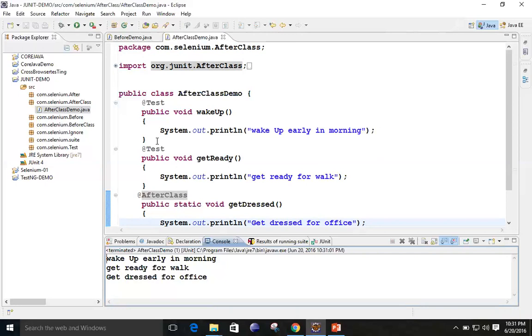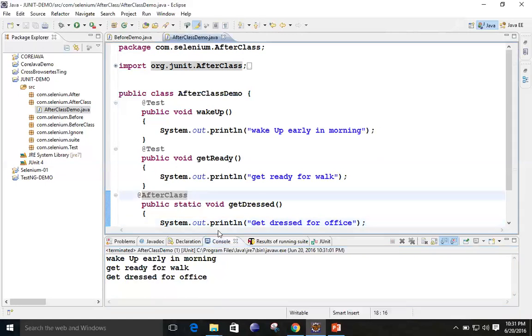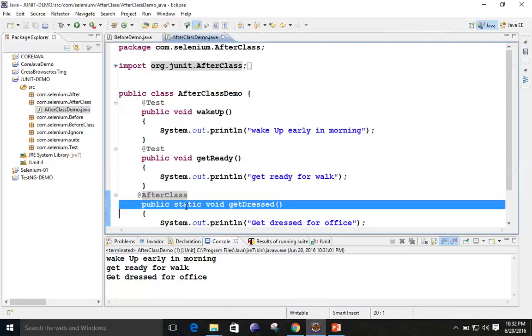and one more thing you need to focus on: with this AfterClass, if you write the class name over here, you can see it has written not public void get dress. It has now made it public static void.